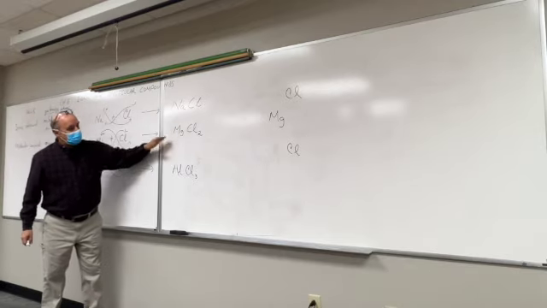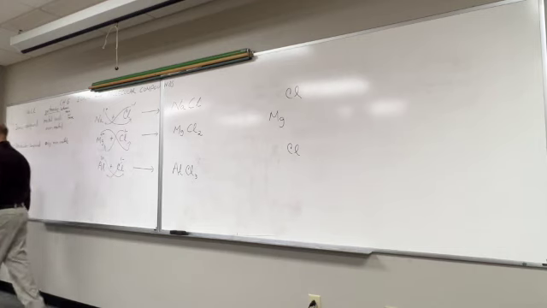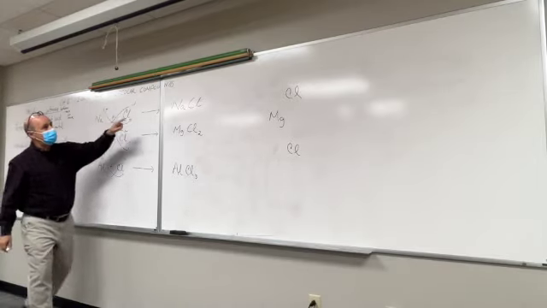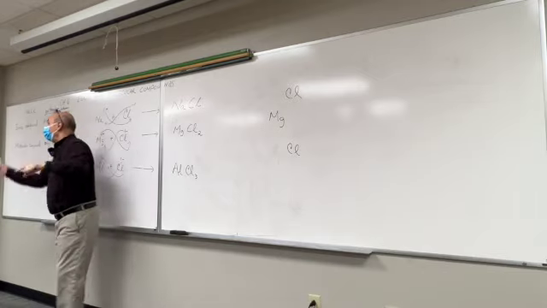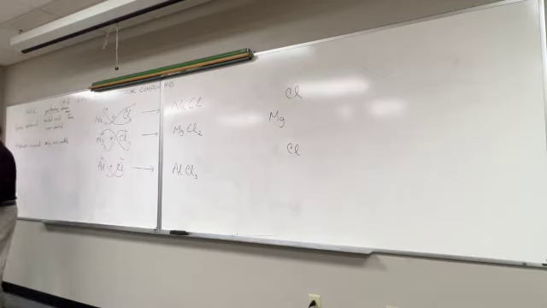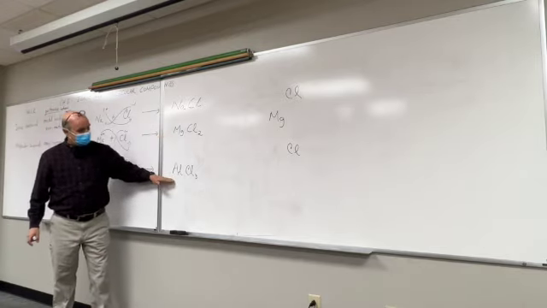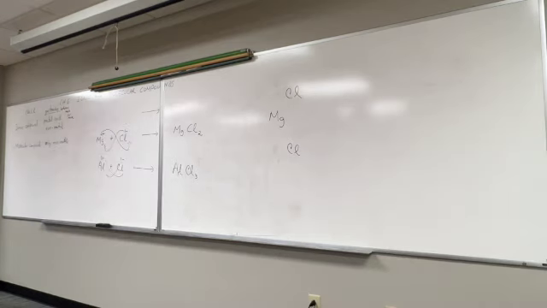Now, before I challenge you to predict one, let's name them. And it's really easy. You simply name them by mentioning the metal first, without the word ion. I know that this is a sodium ion, but I'm just going to say sodium instead of sodium ion. And then the name of the second ion with the ending IDE. So sodium chloride, chloride, chloride. The number here doesn't matter. We're going to combine